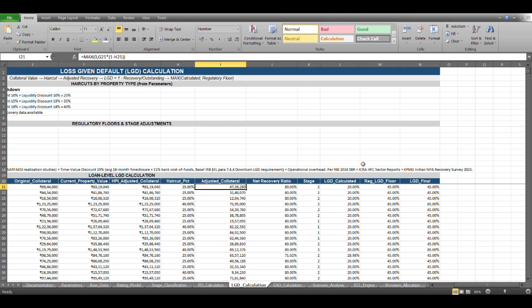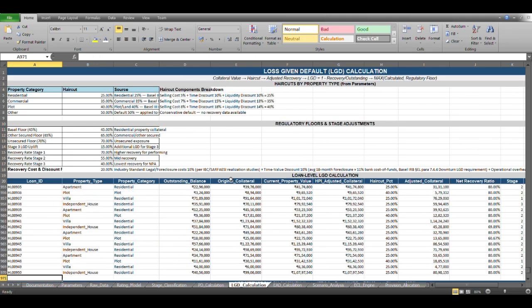Then the net recovery ratio and the stage, and then the final LGD being calculated using the regulatory LGD floor. We are computing the final LGD so that we incorporate the regulatory floor as well as the haircut. So that's how we have our final LGD.